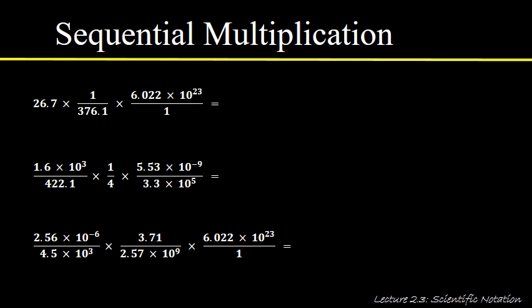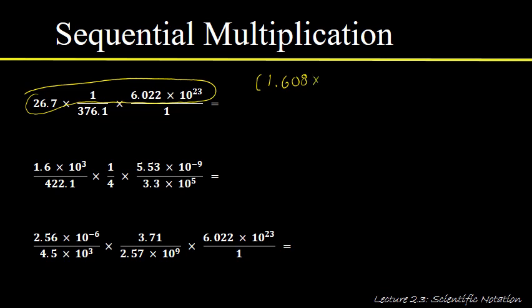What I would often do is I would just take all of these numerators and multiply them together, and I'd put in my calculator 26.7 times 1, or if I'm smart, I'd skip the times 1 because we all know that doesn't do anything. 26.7 times 1 times 6.022 EXP 23, and that would give me